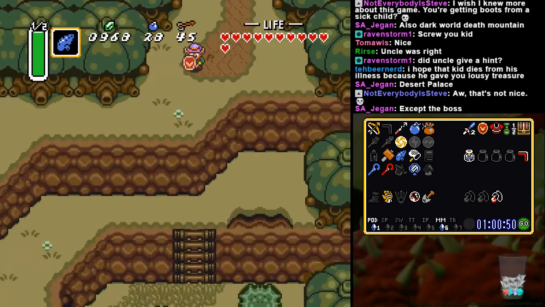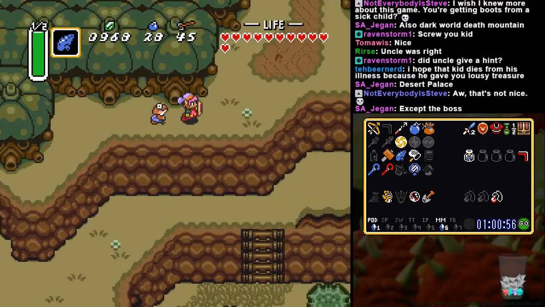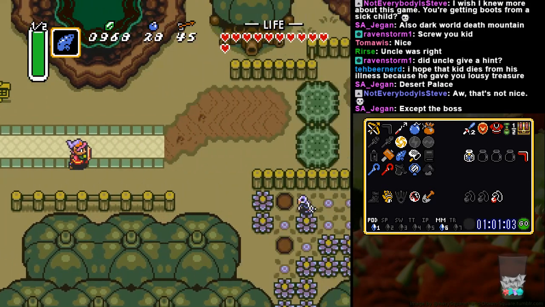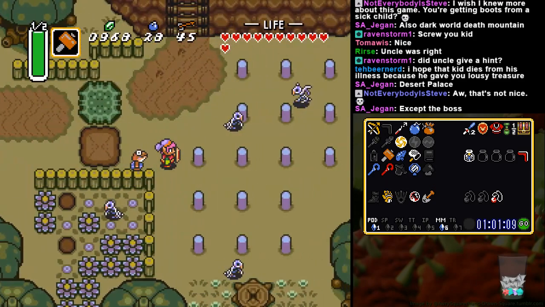Oh yeah, we can do Desert Palace too, but Desert Palace, however, is not mandatory, so I don't know, I'm kinda iffy about doing it, especially if I don't have the boots. Oh, I also don't have the lamp, so I can't really do it neither. I could do the Palace of Darkness, but it will be risky because then we're gonna...